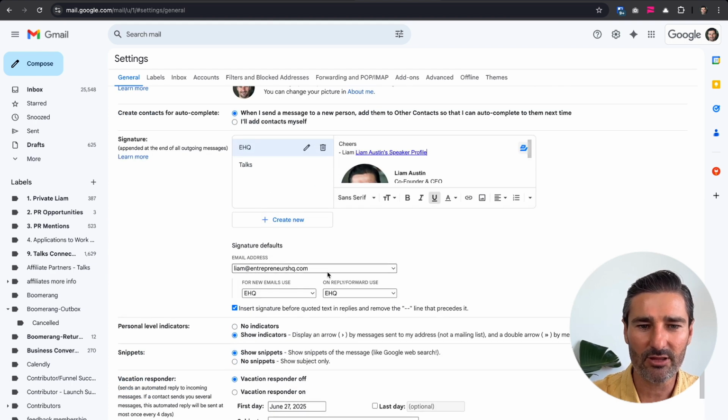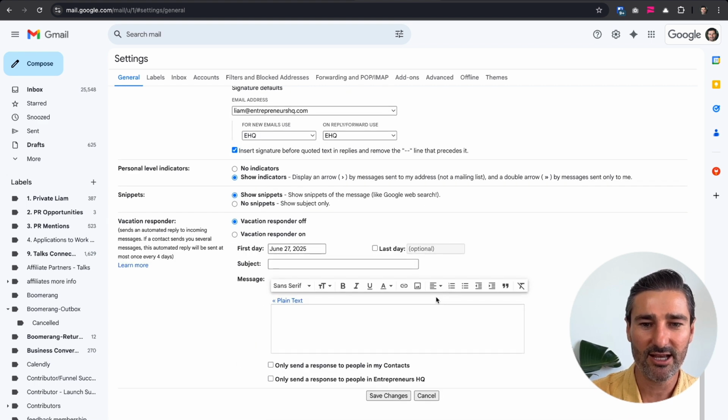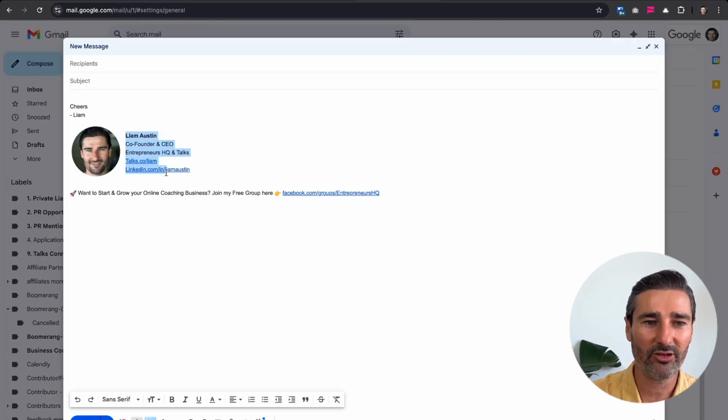And just also, a quick one here with the signature defaults, make sure you're choosing the right email address that you use consistently, and then make sure you choose for new emails, and it's using this code here, the code at the top. Use that and choose the top one, the one that you've edited, to create this speaker profile link on your email signatures. Scroll down, save changes, and then every time you compose a new message, you'll see the new email signature there